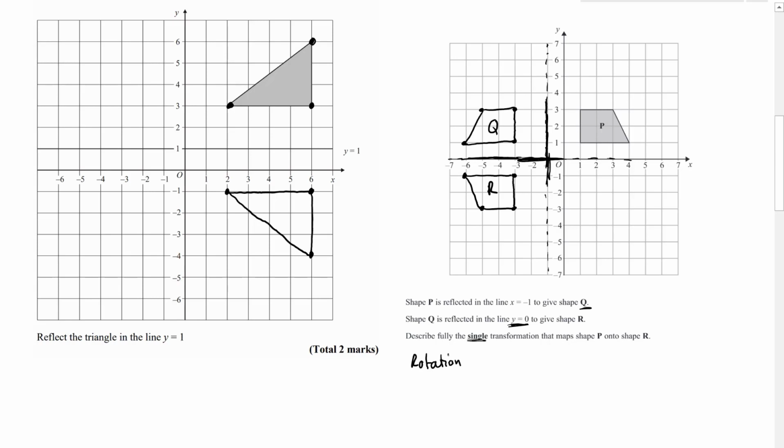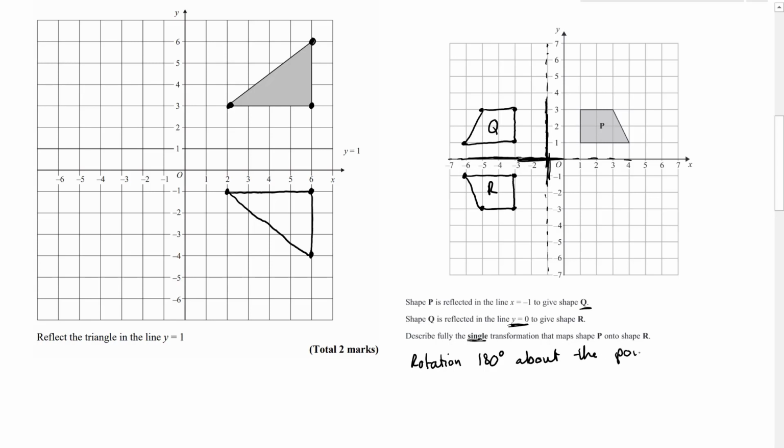Since we've changed the orientation of it and we flipped it around, it's 180 degrees, because you've gone from this quadrant through this quadrant to this quadrant. It doesn't matter if it's clockwise or anti-clockwise in this case, because it's 180 degrees. So it's a rotation of 180 degrees about the point,